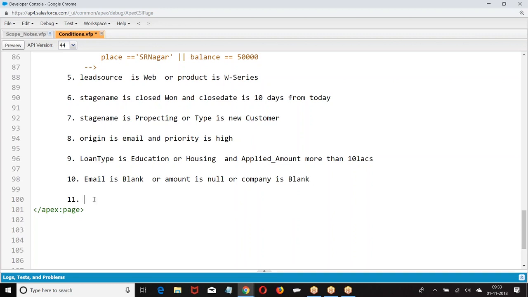So write the conditions. Write the programs. Write the code.